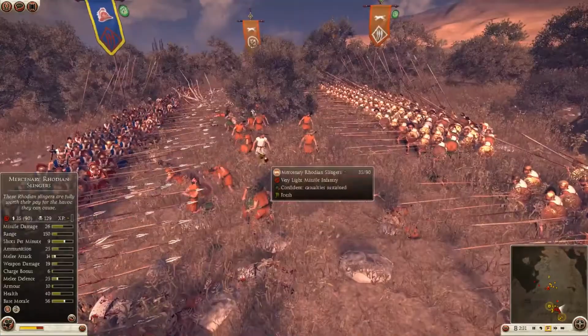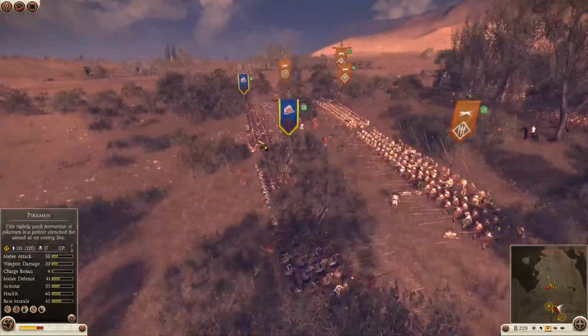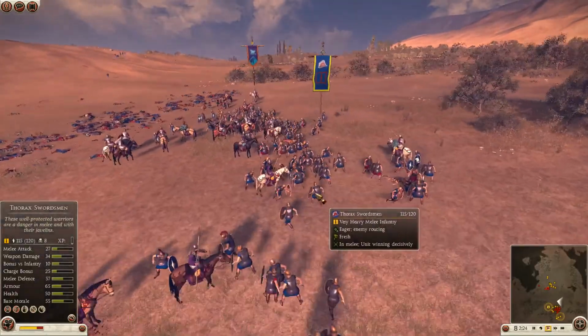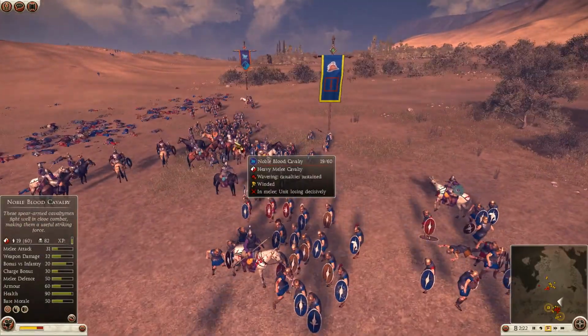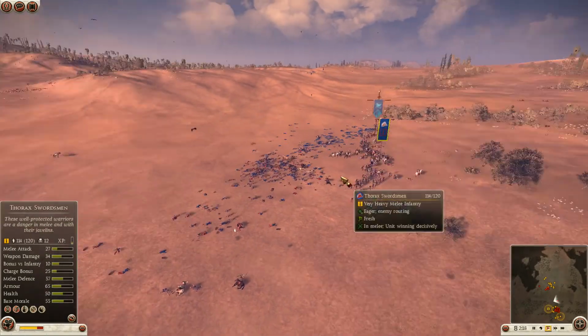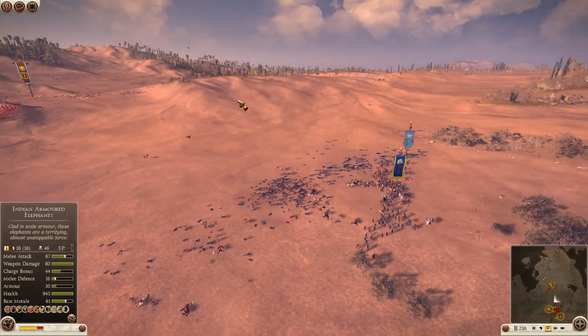I don't know why he let them get caught by the pikes. Pikes are easy to avoid. Over here, my reserve thorax swordsman is fighting off noble blood cavalry, and my big mistake here was I forgot about these guys, and by the time I remember them, they're like way over there on that